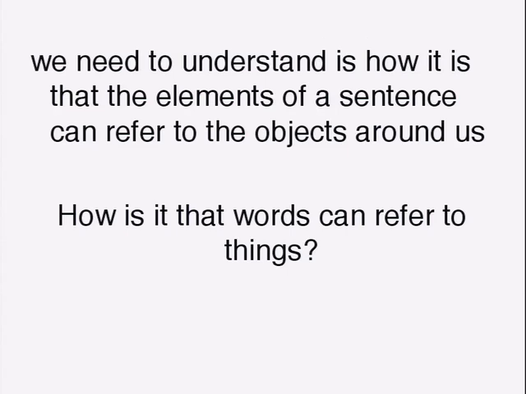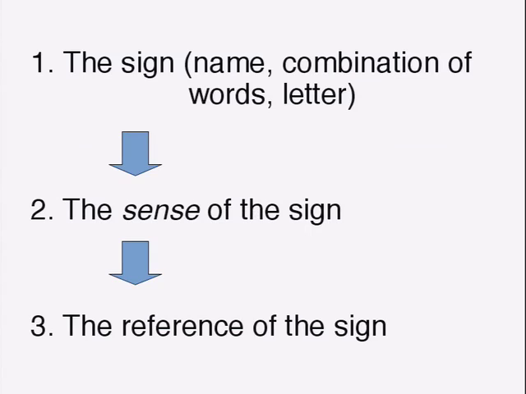we're trying to understand how it is that the words in a sentence can refer to the objects around us. This is the big problem. This is the fundamental problem. How is it that words can refer to things? And Frege has just been arguing that, in order to explain this distinction, it might be a little bit technical, but it's definitely there. It's a real distinction between informative and uninformative identities. In order to explain that distinction, you need this notion of sense. You need that notion of your way of getting onto the object.